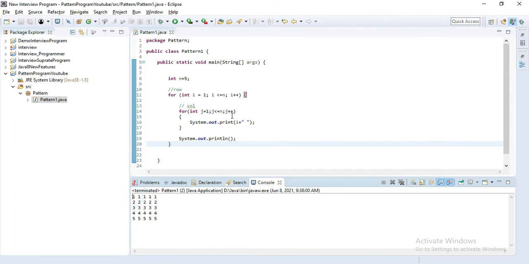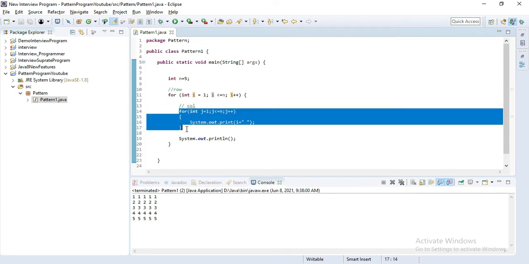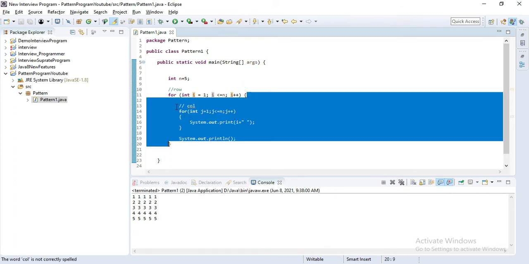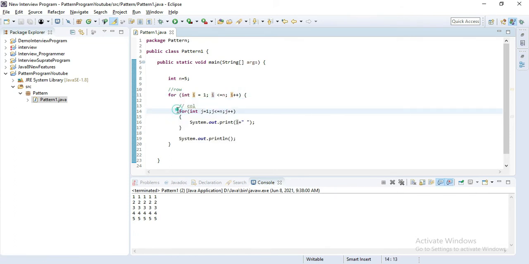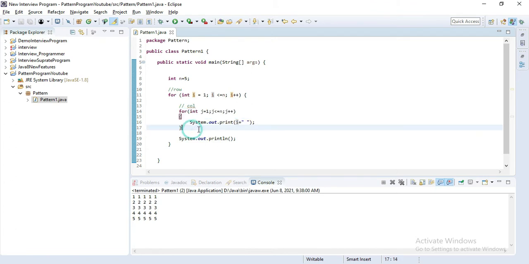Here I is incrementing every time 1 by 1, but j is incrementing every time from 1 to 5. When our outer for loop iterates one time, this inner for loop iterates 5 times, and every time it will increment by 1.